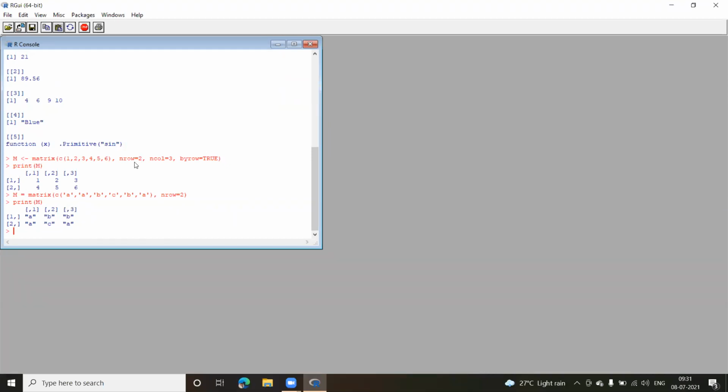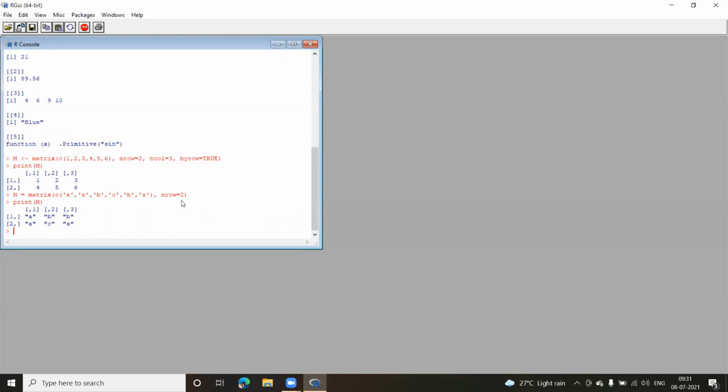That is the difference between these 2 statements: where I'm specifying byrow equal to TRUE, and where I'm not specifying it, which means by default it is going to store the values column wise and not row wise.